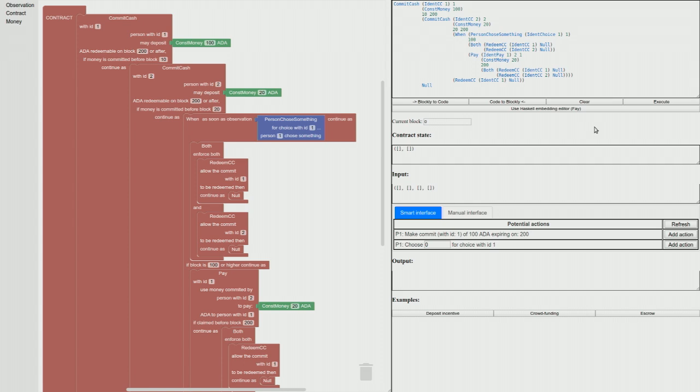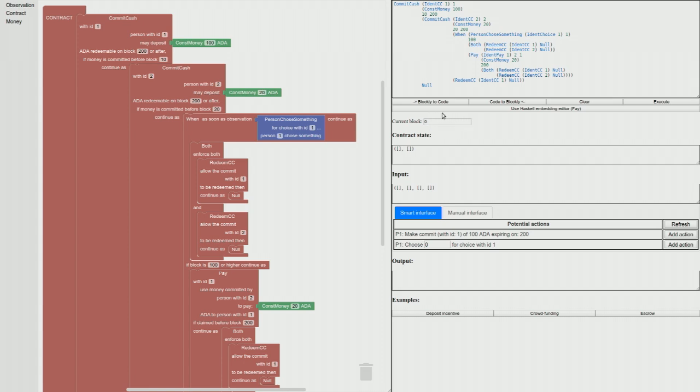Here we can see the different types of blocks we have. The main blocks are contracts, and these are just data types with a constructor and some parameters. And we can also use this to simulate how the execution would be when deployed in the blockchain. So here we have the parts of the signature that I showed you before.